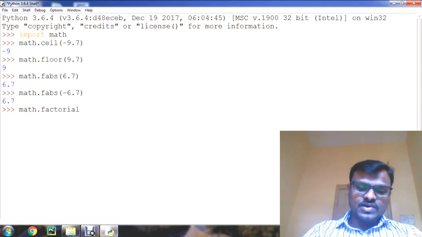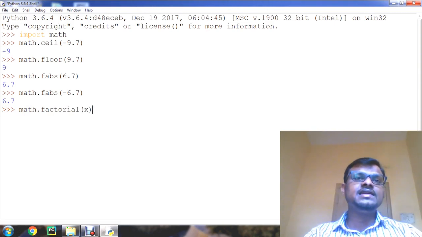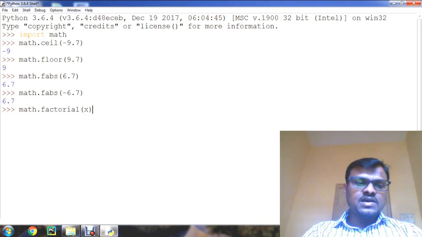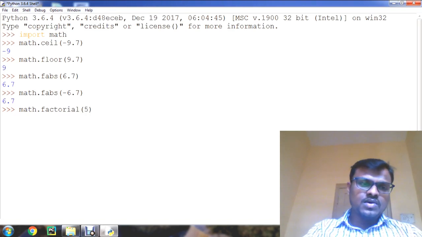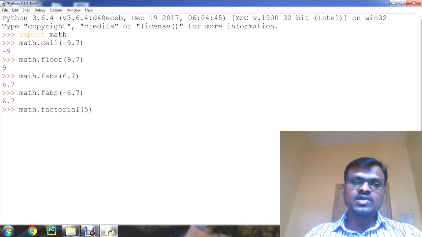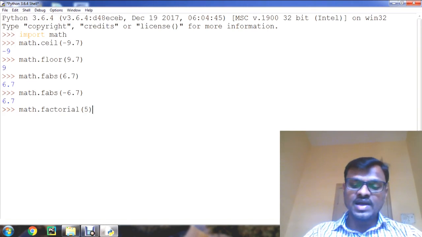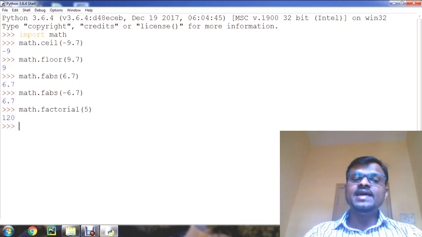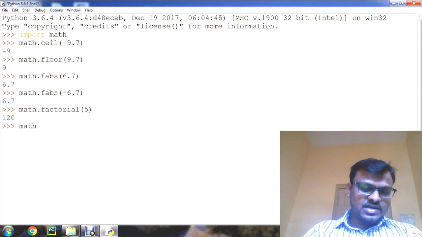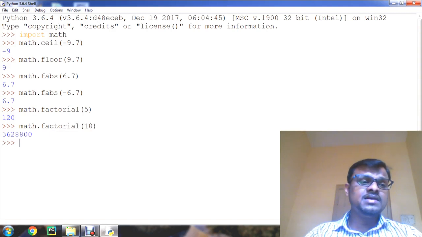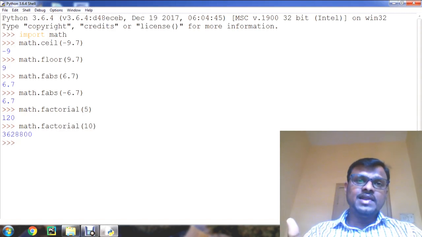So we know the concept factorial. The factorial of x function returns, x is a positive integer and it returns the factorial of x. So if I pass argument 5 to the factorial function, this math.factorial statement is going to find out the factorial of 5 and return the value, that is factorial of 5 is 120. Understand? For example, we can give another factorial of 10. So factorial of 10 is a big number, that is 3628800.